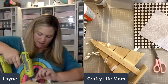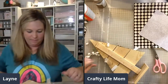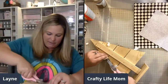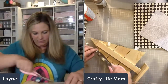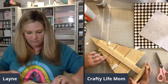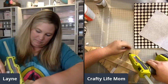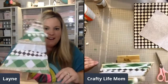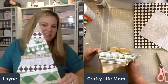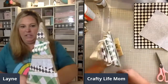And then cut them off so that I don't have these big tails. All right, did I get it all? Okay, look right there. How cute. It's looking good. Look at that little tree. Love it. Okay, so the last thing that I want to do